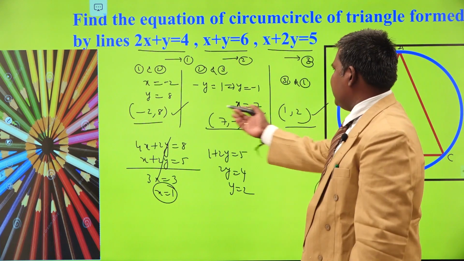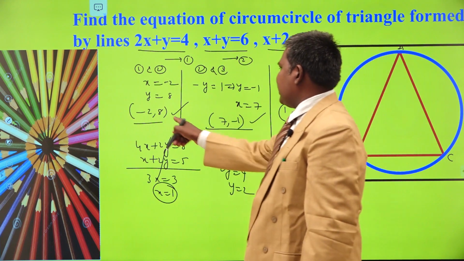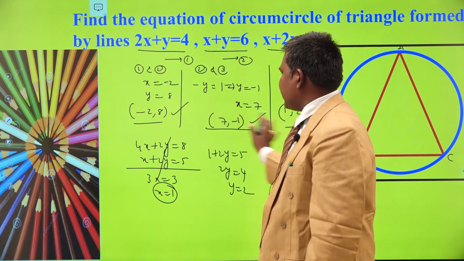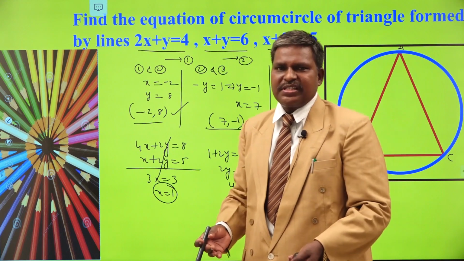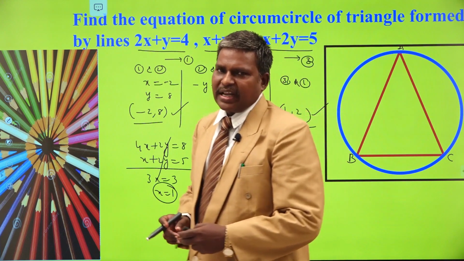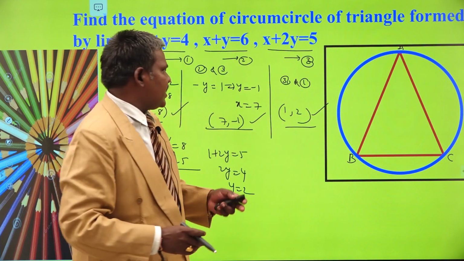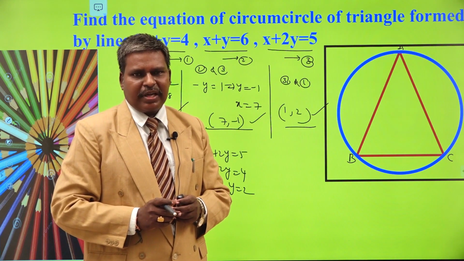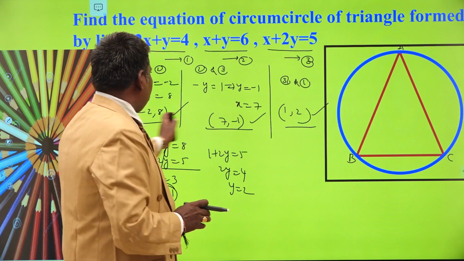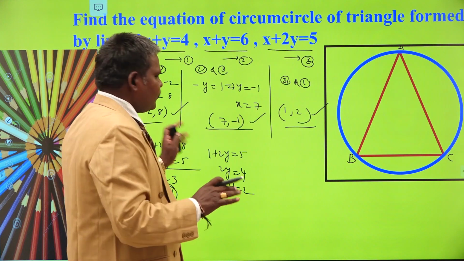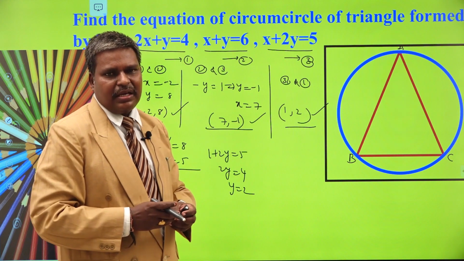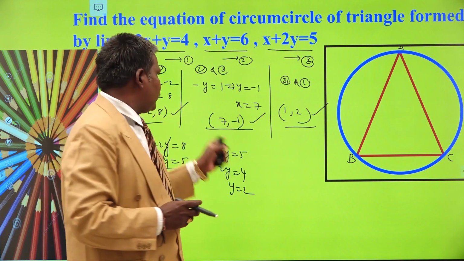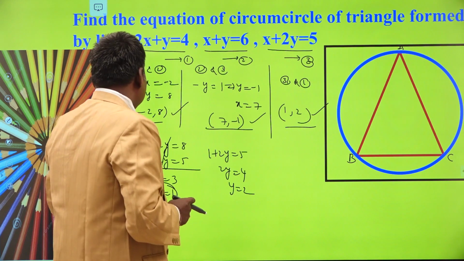So already we have done this in the same model. Take S equal to 0 as the required equation of circle and substitute the 3 points. We obtain 3 equations in f, g, c. Solve them, you get the f, g, c values. Keep the values in S equal to 0. We obtain the required equation of circle. Am I correct or not? So by obtaining the 3 points itself, we can write the equation of circle by taking S equal to 0 as the required equation of circle. Do it as homework. Okay.